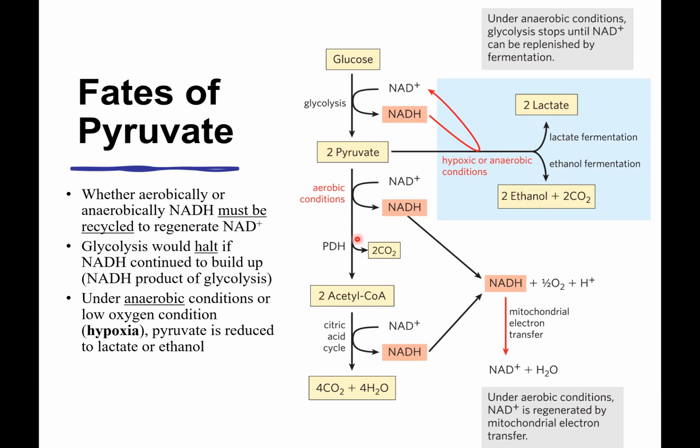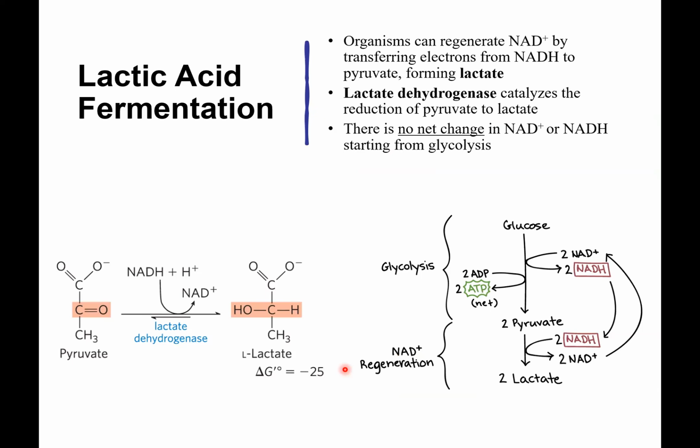And under aerobic conditions, pyruvate is converted to acetyl-CoA, and that goes into the citric acid cycle, which is a few lectures from now. Okay, so let's take a look at what happens when we have either lactic acid fermentation or ethanol fermentation. So the formation of lactate can take place in our own bodies, but it also takes place in microorganisms. One of the things that it does in the process of converting pyruvate to lactate is it actually